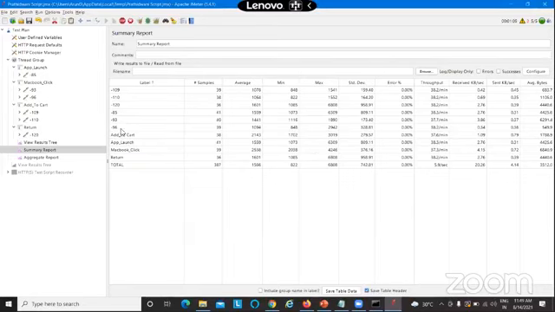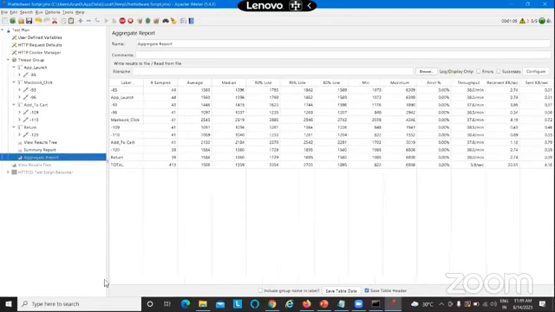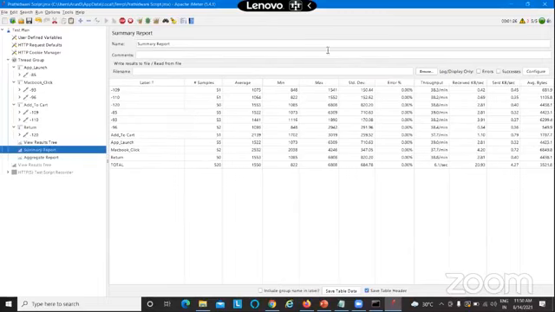So the summary report shows you the average, min, max, and standard deviation. And if you go to your aggregate report, that gives you an extra leverage of more analysis. It shows you lines like 90, 95, 80% line. All those things can be explained in our advanced training. So we can look for further sessions. Okay. So this is how simply you can do a JMeter script and you can run a test. So this is a very basic one.